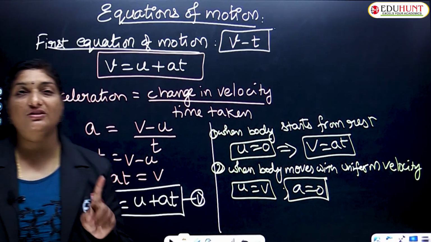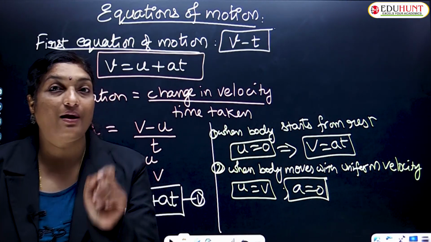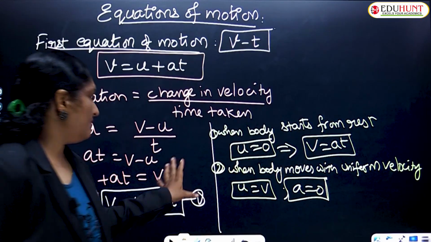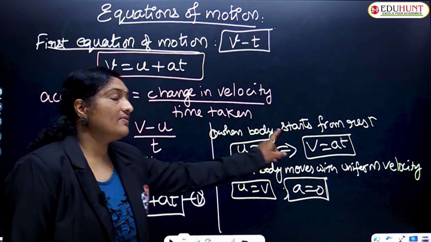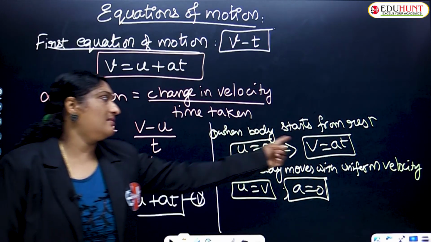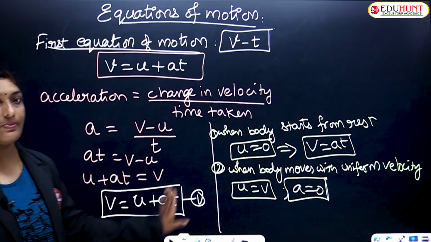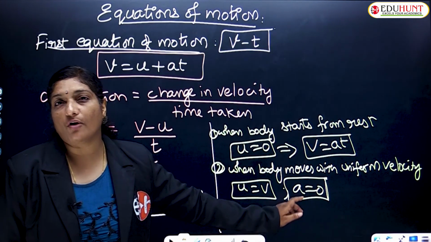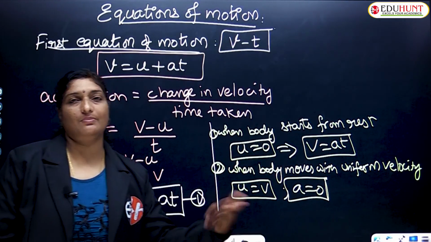So, what is the first equation of motion, children? It tells us the relation between velocity and time, and the formula is v equals u plus at. Whenever the body starts from rest, initial velocity u equals 0, then the equation becomes v equals at. And whenever the body moves with uniform velocity, then no acceleration, a equals 0, that means v equals